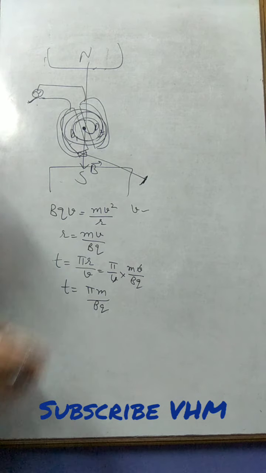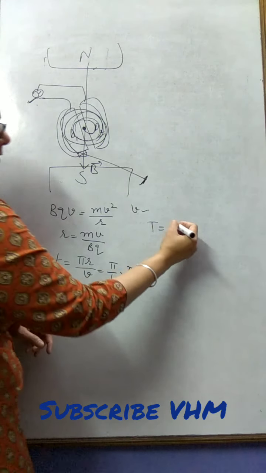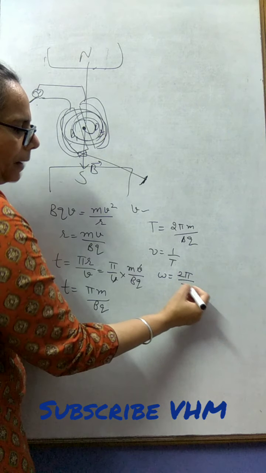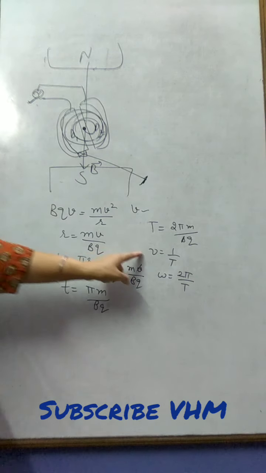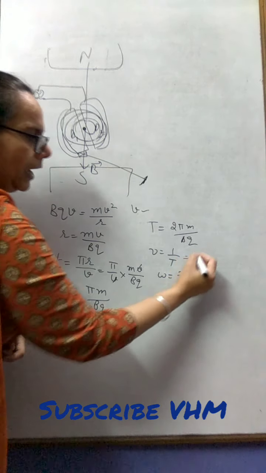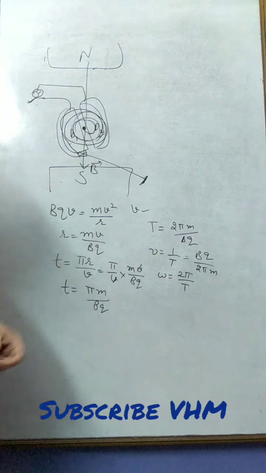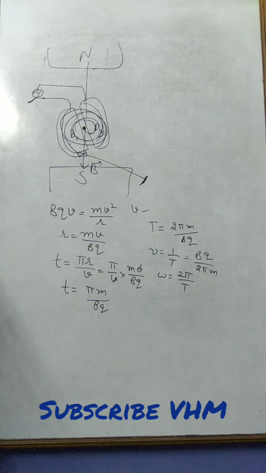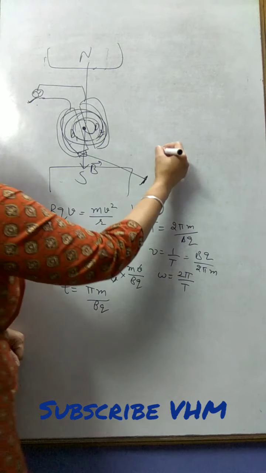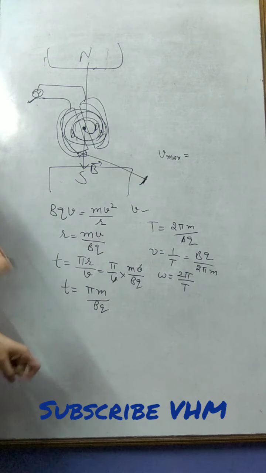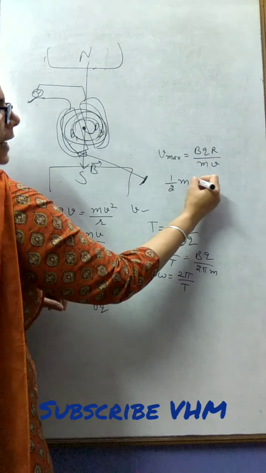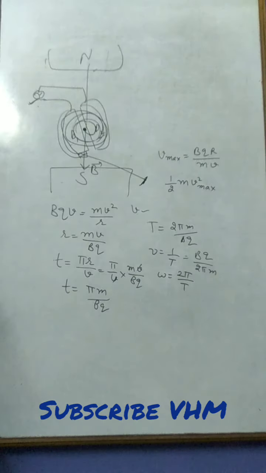The total time period is calculated as twice this, 2 pi m upon Bq, and the frequency is 1 upon T, and the angular frequency is 2 pi upon T. This is called the cyclotron frequency. It is also called the magnetic resonance frequency, because here we have Bq upon 2 pi m. So this is the cyclotron, and it gets the maximum velocity when this radius is equal to the radius of the D's. And how do we get the maximum velocity? Maximum velocity is considered as